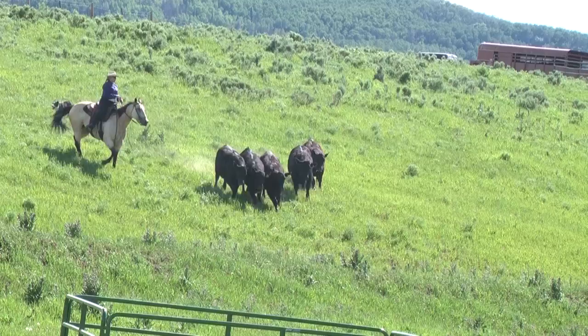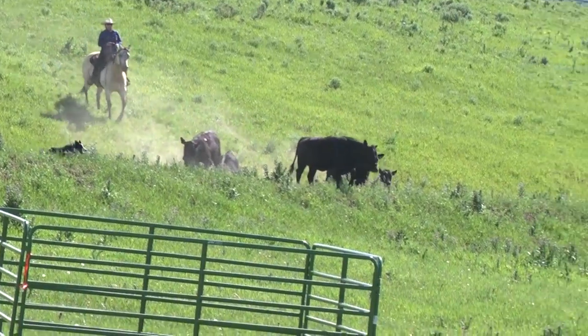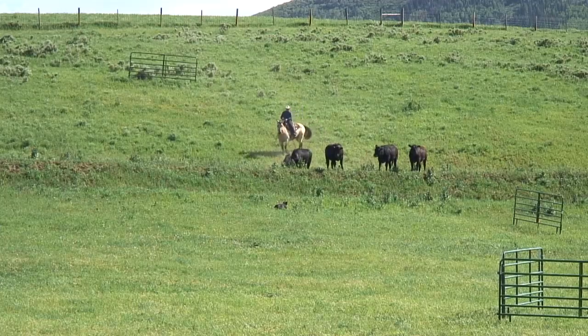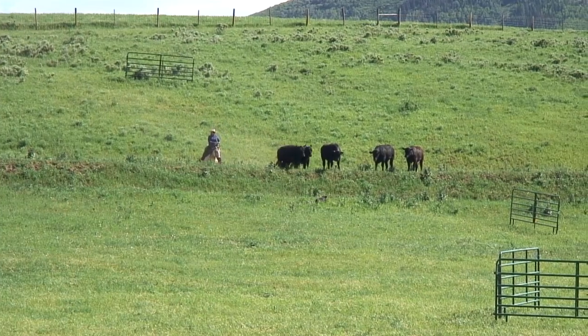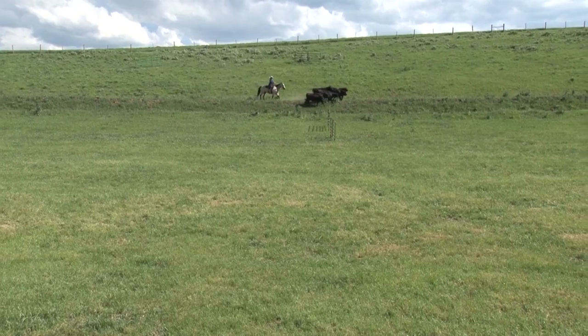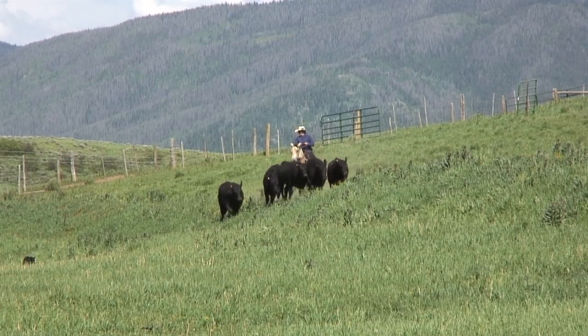Robin's been real successful so far keeping her horse in a walk. I'd say she wants to keep every point she's got and keep that 5 points. It's probably going to take some kind of an emergency to get her to break that horse out of a walk into a trot and lose those 5 points. You know, I'm a little surprised right here, the way those cattle came off the lift